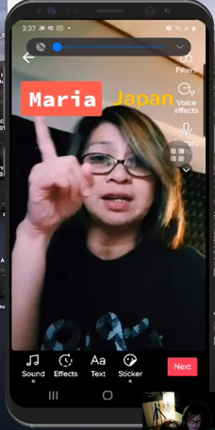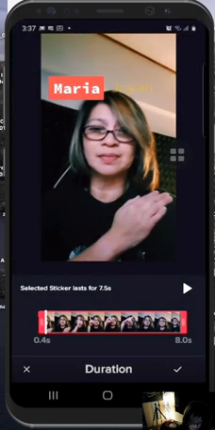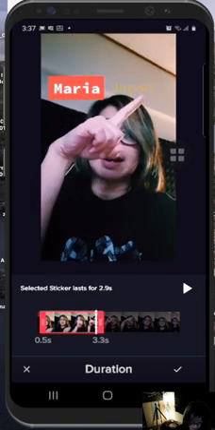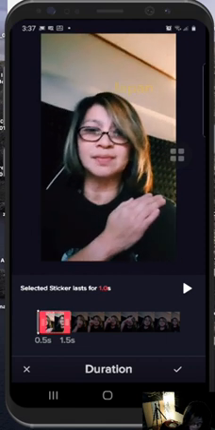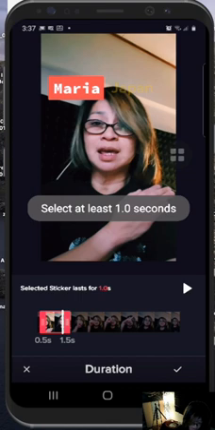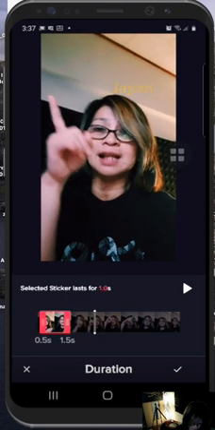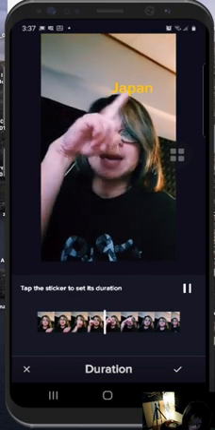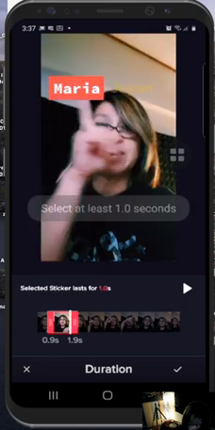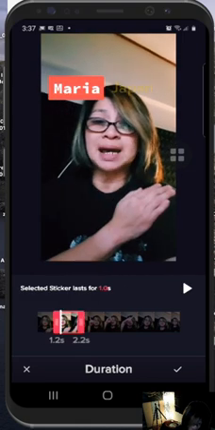4 seconds. There is a time duration here. You see the set duration. So you click that and you set the duration. When you say the name Maria, you just set till when you want your video to stop. All right, so if you want to test it, you can test like that, right? You see, you can just let the name pop up